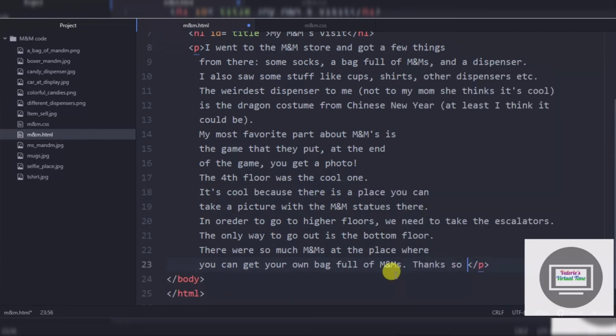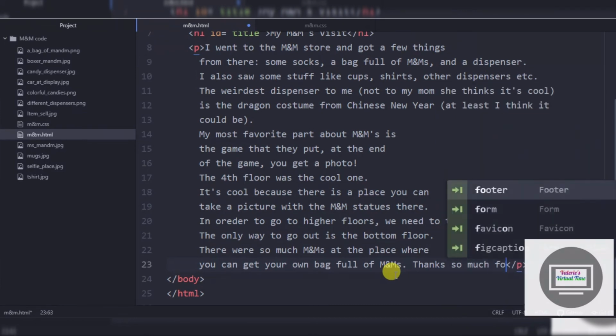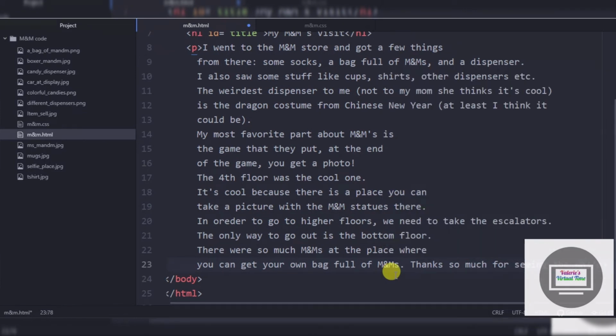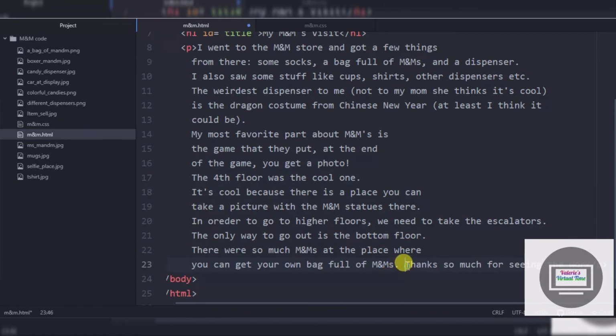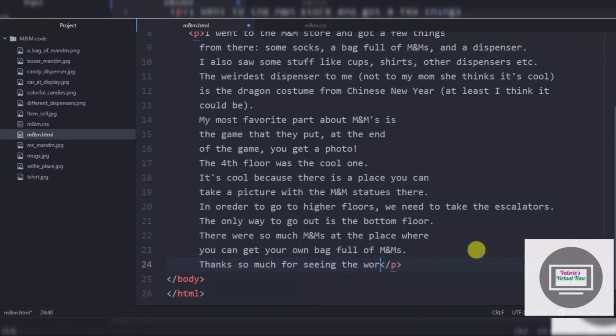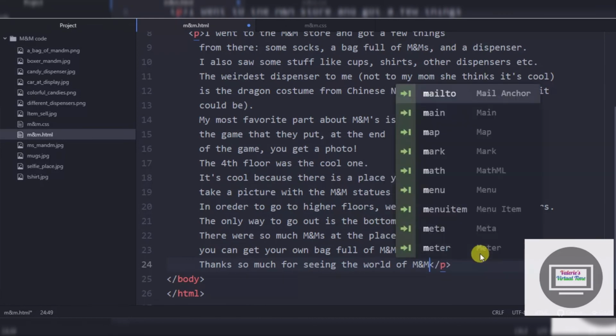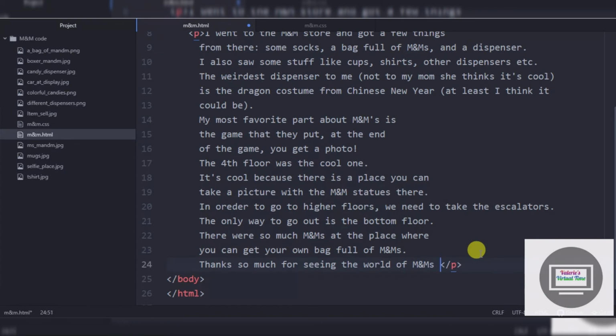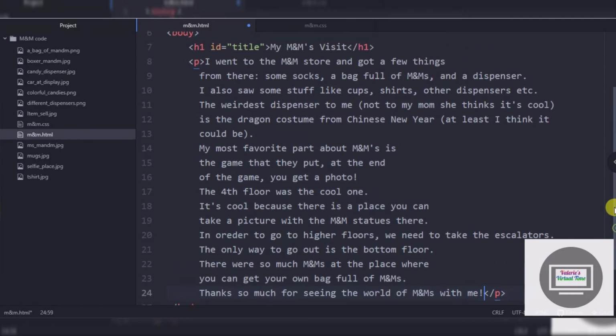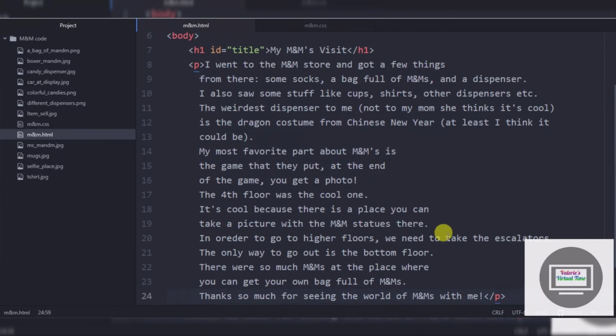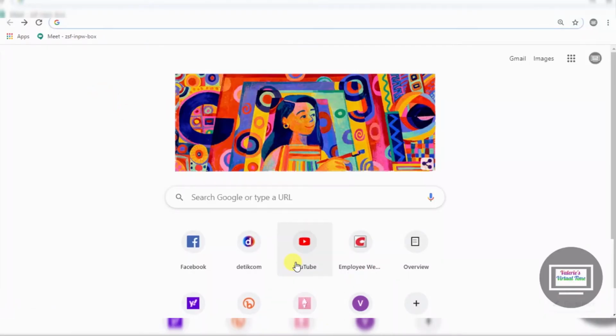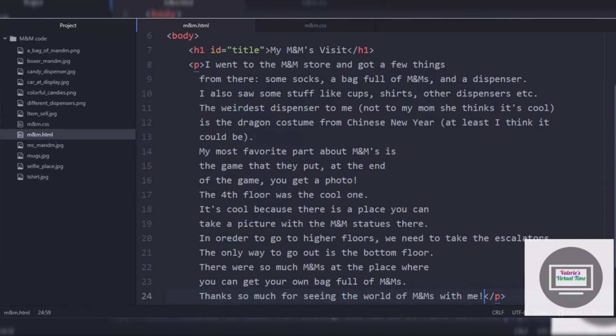Thanks so much for seeing the world. Okay, we have to cut again. The world of M&M's with me. Alright, so we have a long line of code, so let's quickly save. And let's go to our Google Chrome, and okay, so after we do this,